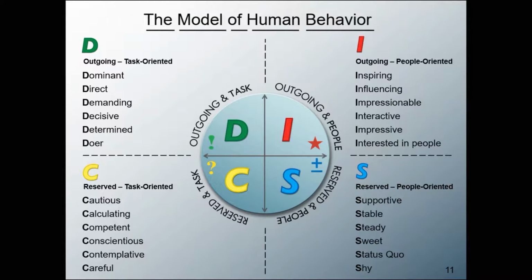Hi guys, so we are continuing with the model of human behavior. Maybe you did the little test, and maybe you have a better understanding of what characteristic you have naturally. And again, it's important that you understand that you don't have just that. You have a little bit of everything. Yes, it's completely normal, but usually there are one or two profiles that are more dominant for us, and some aspects that are on the opposite. So we call that some characteristics that are more intense and some other characteristics that are less intense.